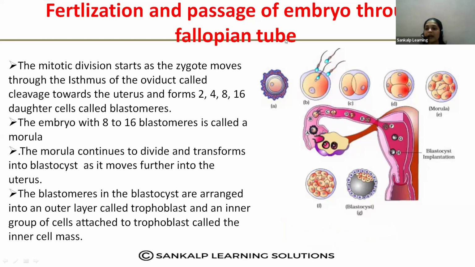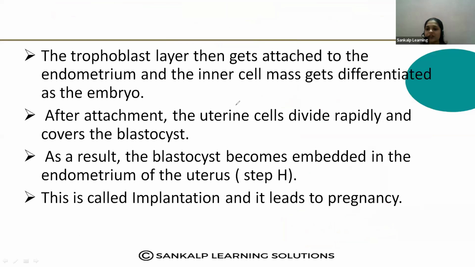Then implantation occurs at which layer of the uterus? Endometrium or myometrium or perimetrium? In which part of the uterus does implantation occur? Implantation occurs at the endometrium, that is the inner lining of the